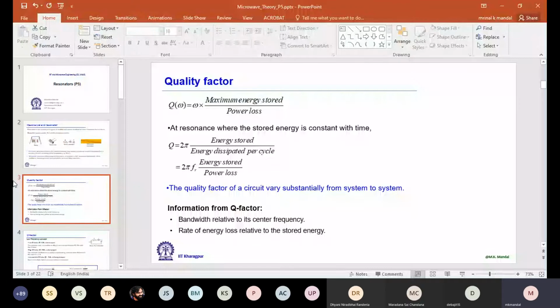Well, so just for information, we define quality factor not just for a resonator. In fact, we can define the quality factor for any circuit component, like let's say a filter. What is the quality factor of a low pass filter, or of a band pass filter? In that case, we consider a closed volume which holds this circuit component, and inside that closed volume, we consider the energy stored and the power loss from that closed volume.